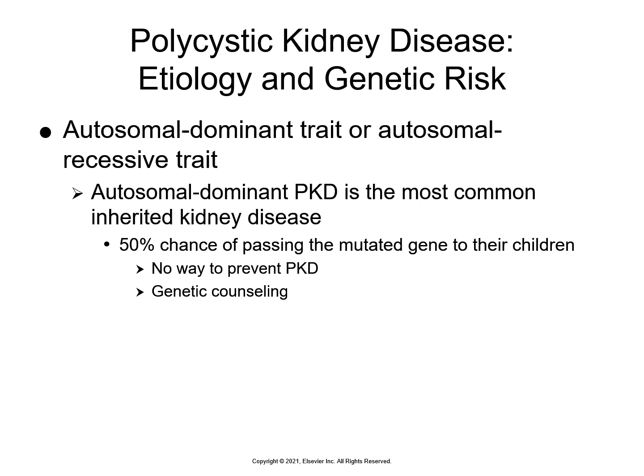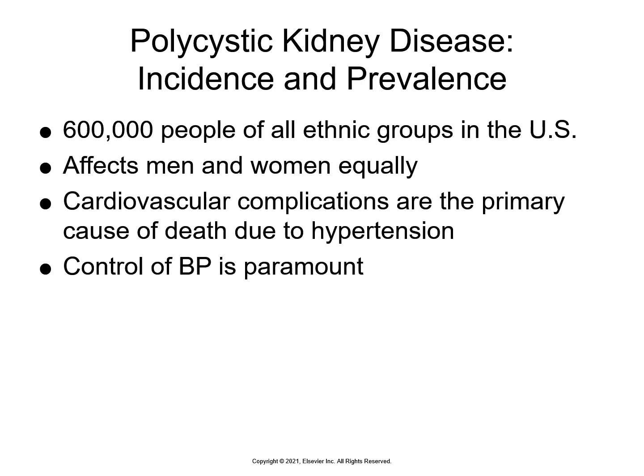So of course, one of the things you're going to do is provide genetic counseling. About 600,000 people of all ethnic groups in the United States are affected, men and women equally. And you can imagine that they're going to also develop cardiovascular complications because of the hypertension